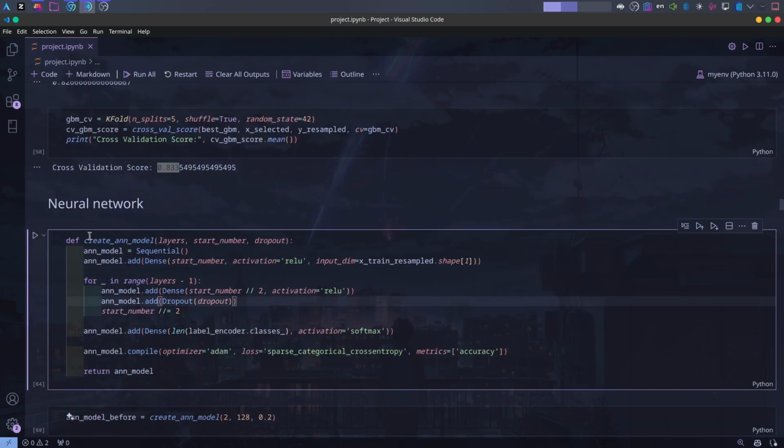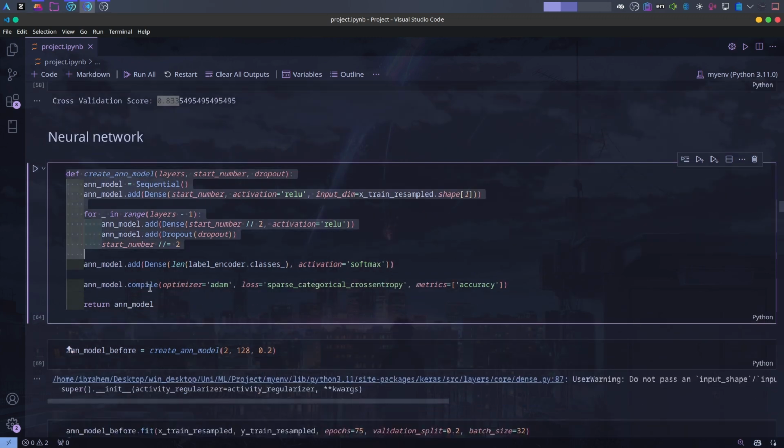And our third model, we decided to go with neural networks. So firstly, I defined a function that creates a model taking 3 parameters: layers, the number of hidden layers, start number, the number of neurons in the first layer, and the dropout rate. It will be a sequential model with all the layers dense, so it's a fully connected model, and the activation function for all the layers will be ReLU, but in the output layer it will be